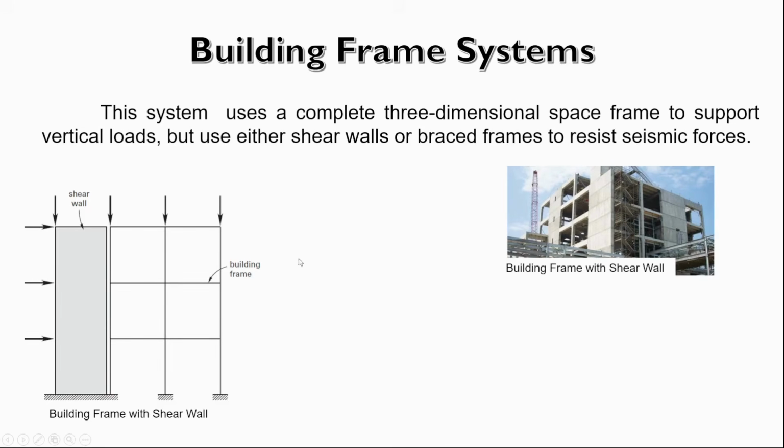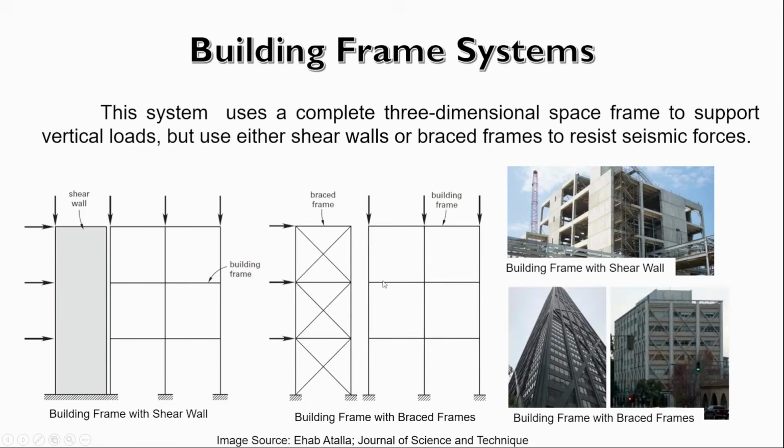So the elements that resist the vertical loads are the frames, and the ones that resist the earthquake or seismic loads or forces are the shear walls or brace frames. As you can see here, there are bracing, and these are examples of bracing, so brace frames, and this is an example of shear walls. Okay, this is much better